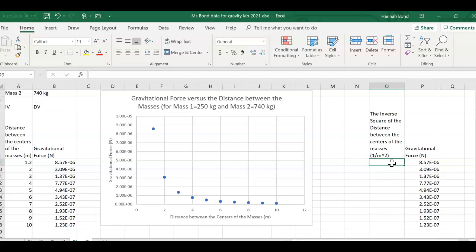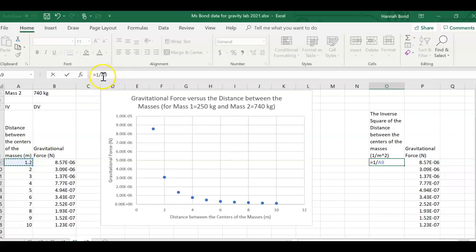And when you want Excel to calculate something, you begin with an equal sign. Okay? I want the inverse squared, so I'm going to say equal 1 divided by, because I'm taking the inverse, and then I'm going to click in the cell that has the distance between the centers, so it has now